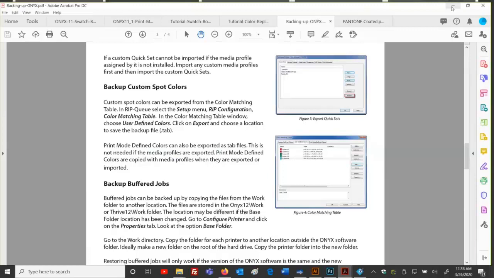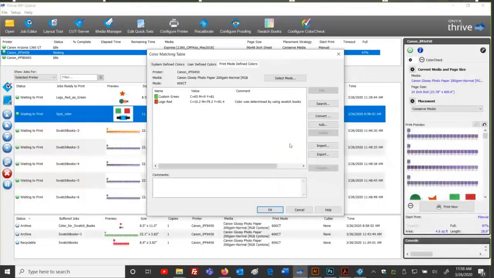However, if you're like me, I still like to back it up all possible ways just to have it as a backup. So also a little tip might be, as you get this library growing with all these names in here and these colors, possibly you want to go through and just do a screen grab of this, you know, the printer, the media, the mode, and the names and the recipes, and then have them somewhere near the computer.